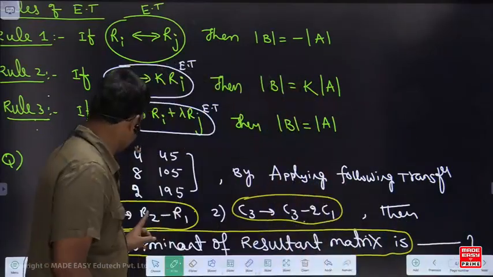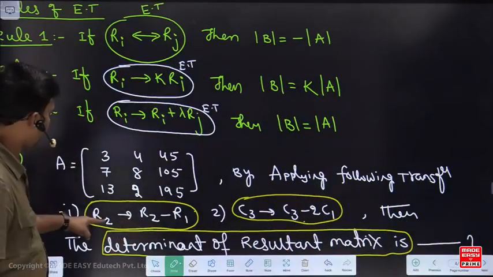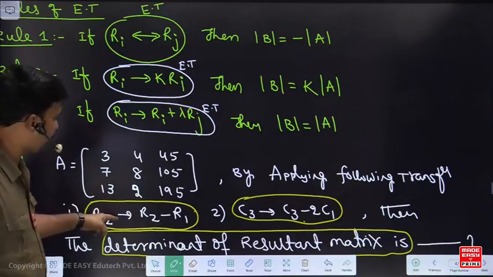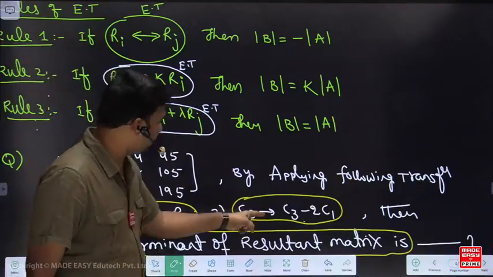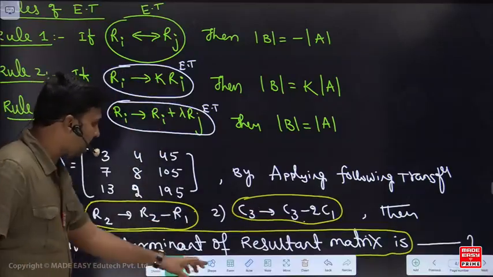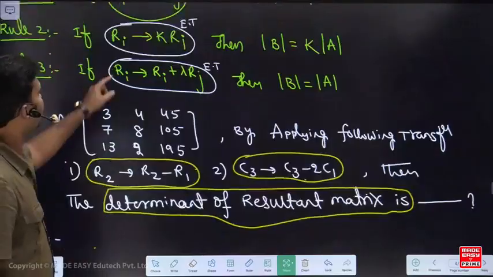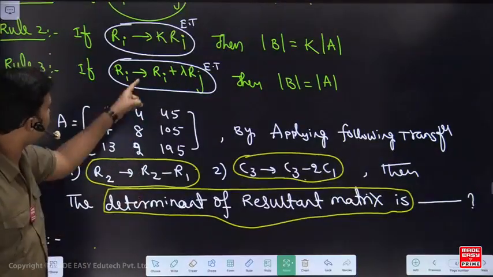Which rule is this? Is it rule 1? No. Is it rule 2? No. Is it rule 3? Yes. It is also rule 3? Yes. So I can say both operations are of rule 3, since this is rule 3,